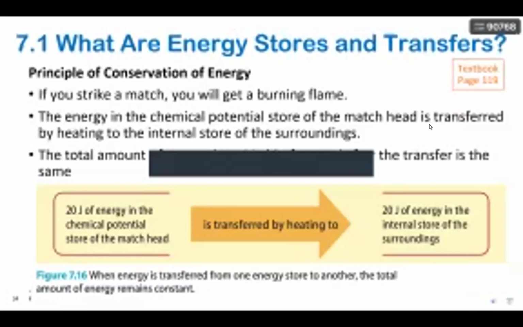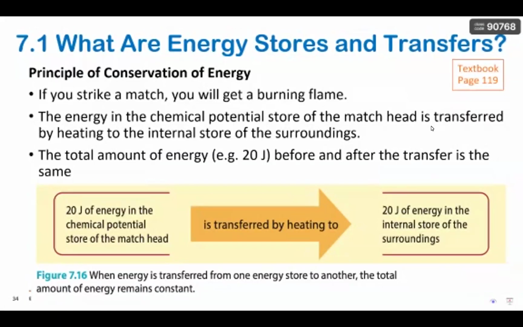Okay, welcome back to part 2 of energy stores and transfer. In this part of the video, we will be covering the principle of conservation of energy and how we apply it in questions. Okay, so over here you can see that if I were to light up a matchstick,